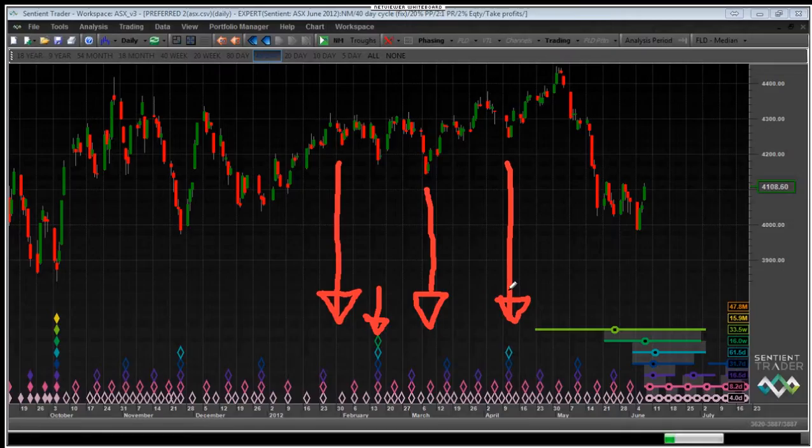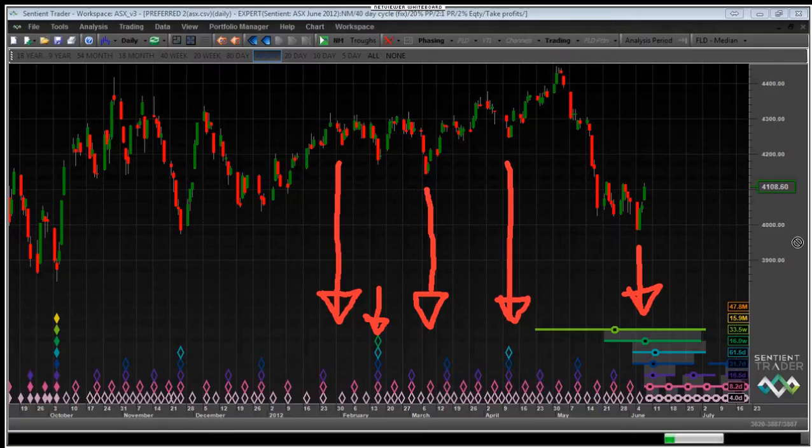The next thing to notice about this analysis is that it positions the 80-day cycle here on the 9th of April, and the final thing to notice is that it is telling us that it is expecting the 40-week cycle to occur in the Australian markets round about now. Okay, so